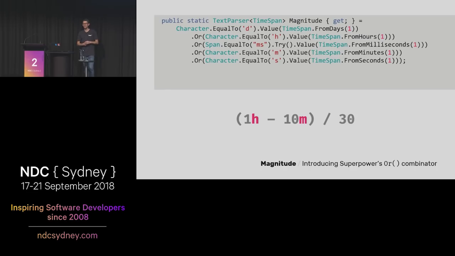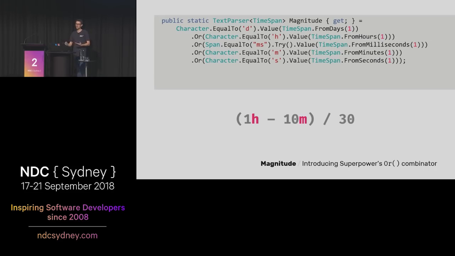Things get a little bit interesting around M and MS. Now, if we were to put minutes ahead, just following that sequence that we have been working through, and we encountered an M in the input, then that M parser would succeed, and we'd never look to see whether there's a trailing S to decide whether it's minutes or milliseconds. This is kind of one of the consequences of writing a parser like a dumb program. But it's also one of the benefits, because the way that you resolve these sorts of ambiguities is really straightforward if you're used to sequencing programs.